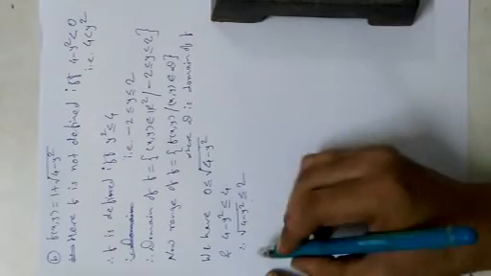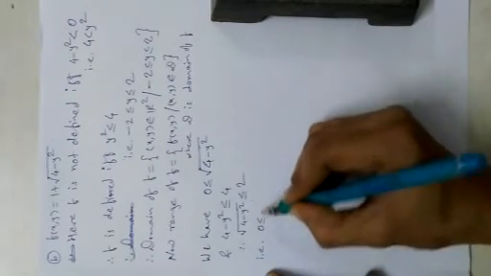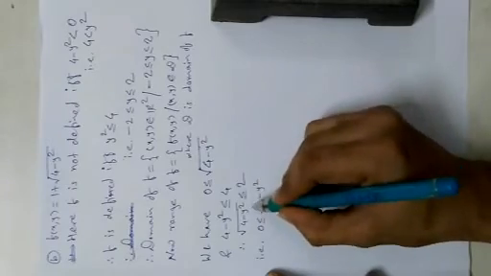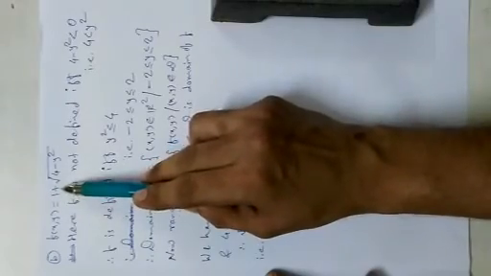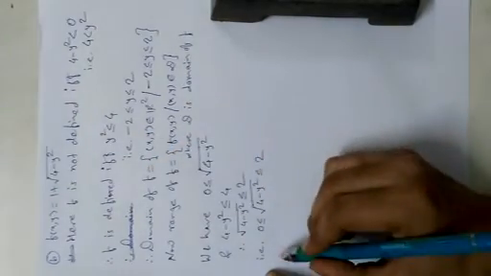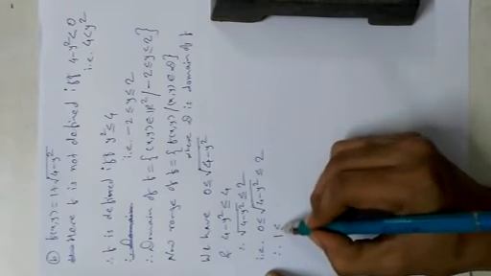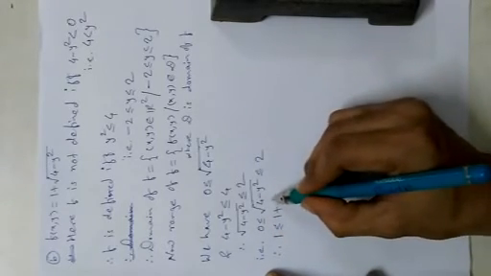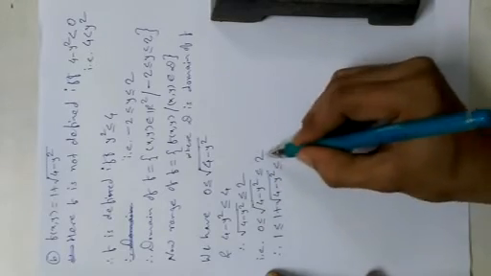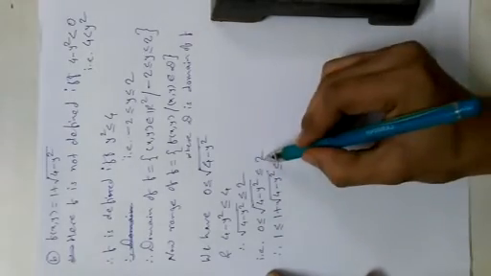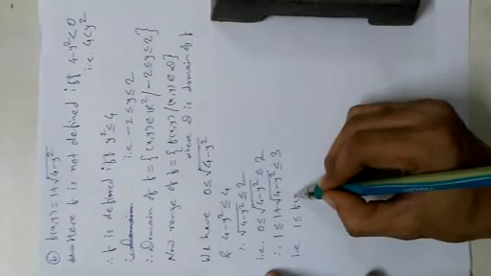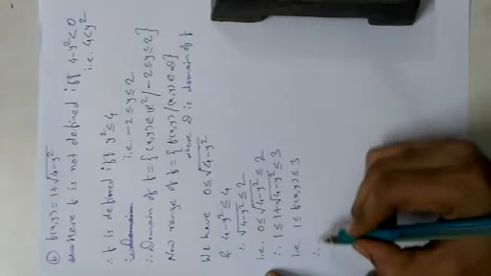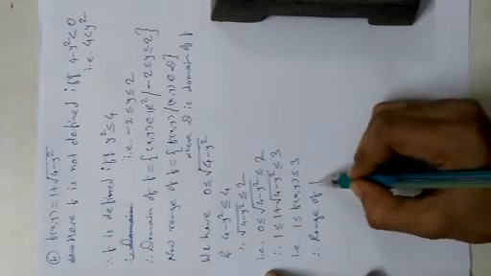Combining both these inequalities, we will get 0 less or equal under root 4 minus y square less or equal 2. But in our function there is 1, therefore we add 1 throughout and get 0 plus 1, 1 less or equal 1 plus under root 4 minus y square, less or equal 1 plus 2 is 3. That is, 1 less or equal f of x, y less or equal 3. Therefore range of f is closed interval 1 to 3.